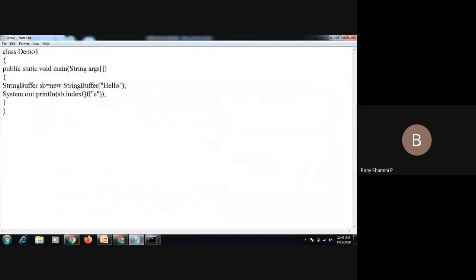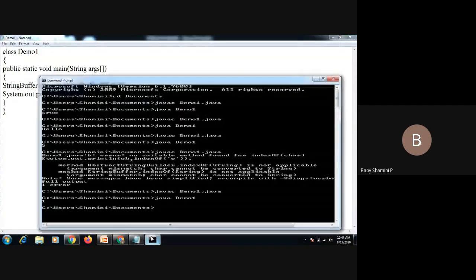We must declare it within double quotation marks. So how to check the index of a particular character? Object dot indexOf the character. The character E is at the first index, after the 0th position. So what is the output? 1 is our output.